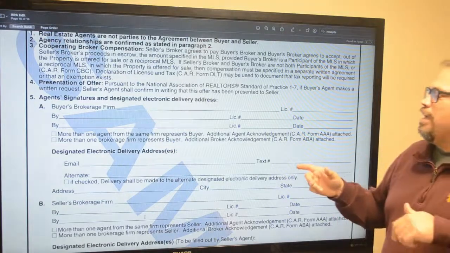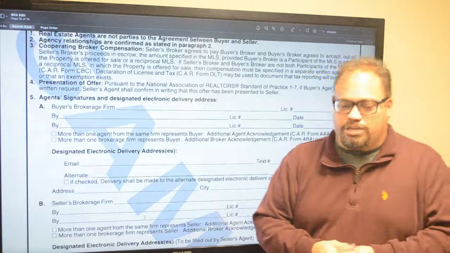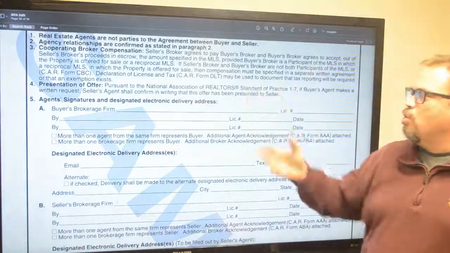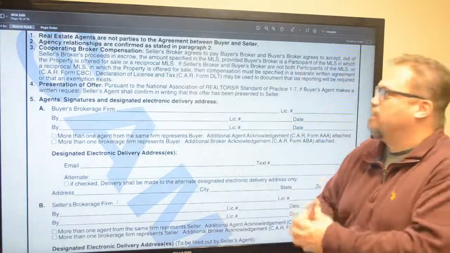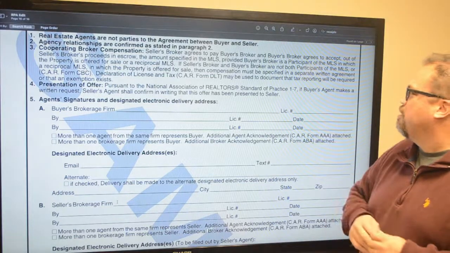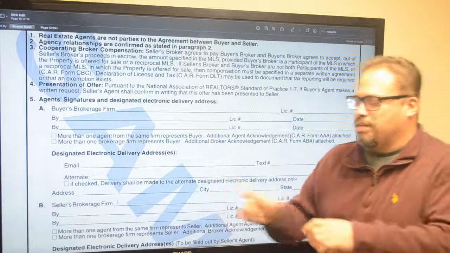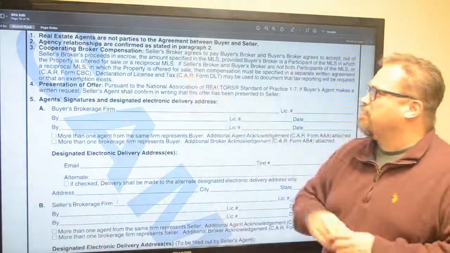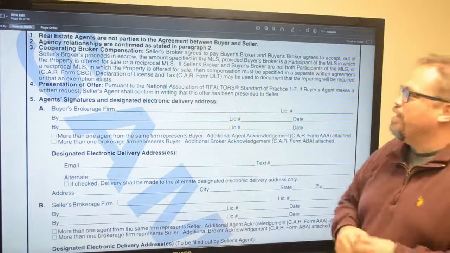Right now, remember, all of us brokers get together in the MLS and we all agree to exchange the commissions with one another through the MLS system. That's one of the main functions of the MLS. If the seller's broker and buyer's broker are not both participants in the MLS or a reciprocal MLS, right, there's some MLSs that have agreements with other MLSs, in which the property is offered for sale, then compensation must be specified in a separate written agreement,